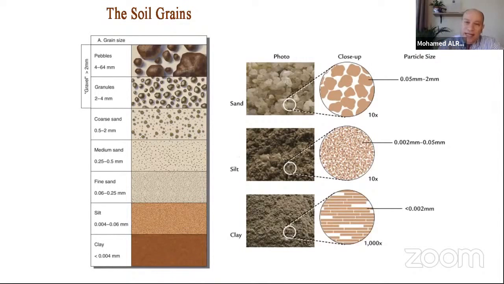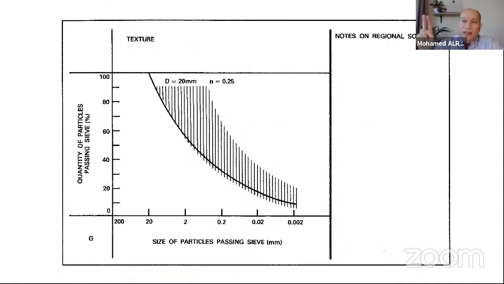Before we start, as with any earth construction technique, we have to understand the soil well. We have to understand it from the physical and the chemical point of view. We have to make some analysis. There are two main tests we have to apply to the soil. The first one is what we call the soil texture. It means the grain size distribution.